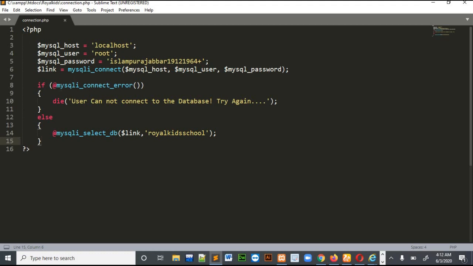Okay, so the at-the-rate symbols I had used in front of my PHP functions, it is because sometimes the server gives you unnecessary errors. So these at-the-rate signs will remove those unnecessary errors automatically.